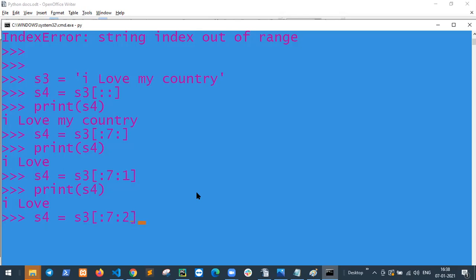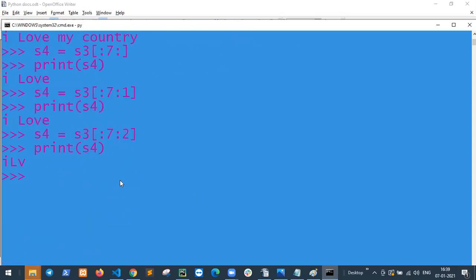And if I say 2, so print is I, L, U, because I is the starting value, so 0 to 7 we have to go, up to 7, with increase of 2 each time. So 0 1 and 2, so L, and 1 and 2, so V, spaces counted, so increment 2 values.